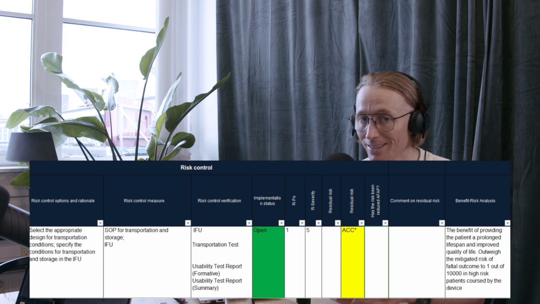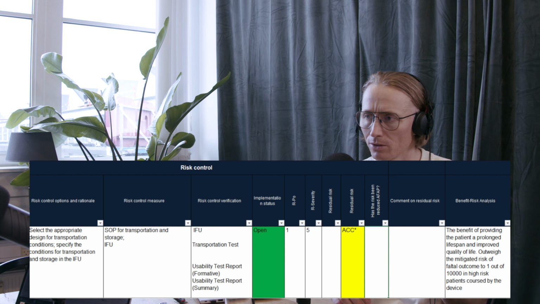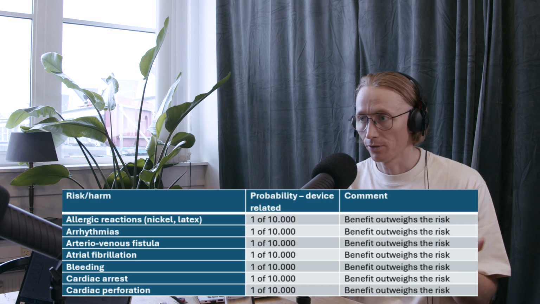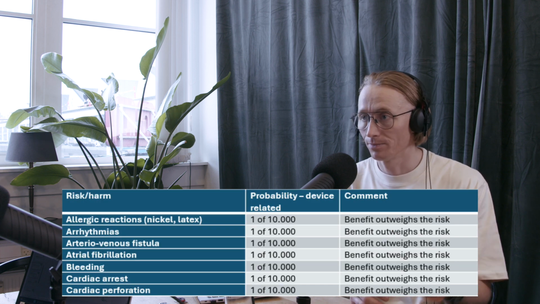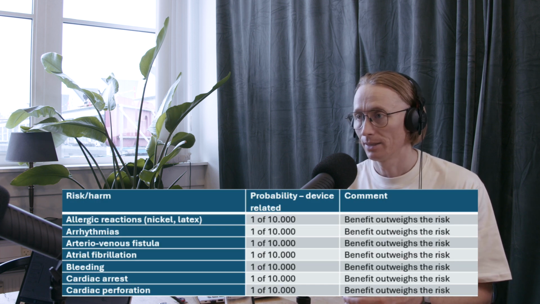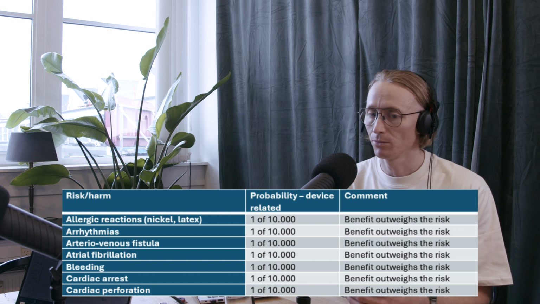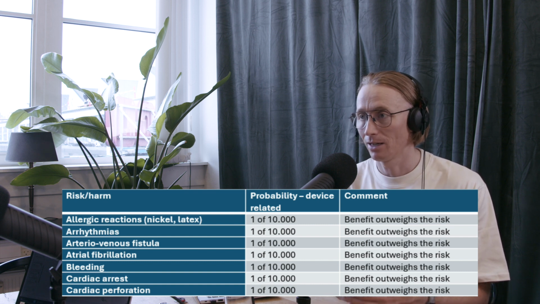And it is actually a finding that we see mostly in clinical studies, because the clinical investigation plan is not really complete in that area. So it's feedback we get from competent authorities that we don't have the values. We don't know if it's 1 out of 1,000 or 1 out of 10. So it's also difficult for them to actually evaluate what is the severity of what they're proving.